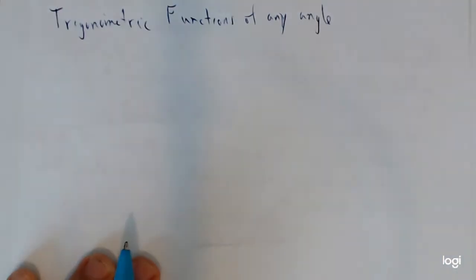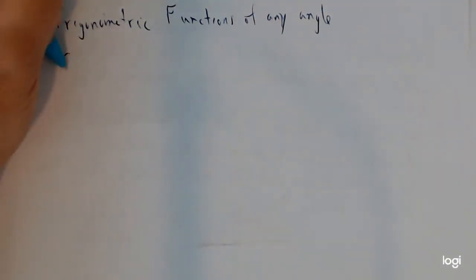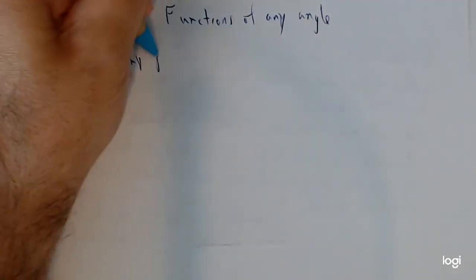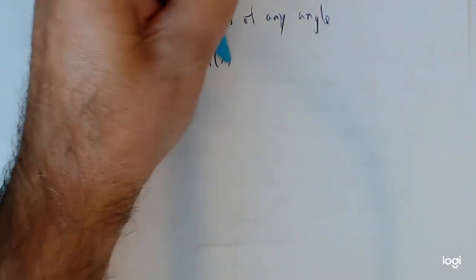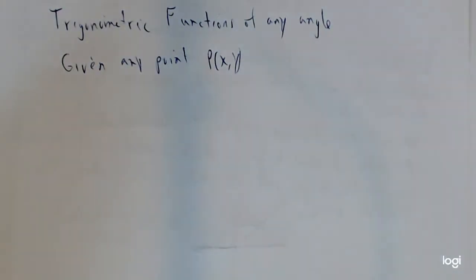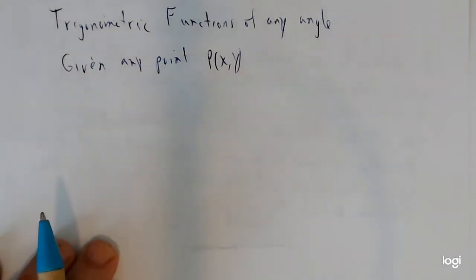What we're going to do is basically define trigonometric functions. So given any point, and notice how the key word is any point. To go back to the last problem, no matter which point we pick, the ratios stay the same. So on the terminal side